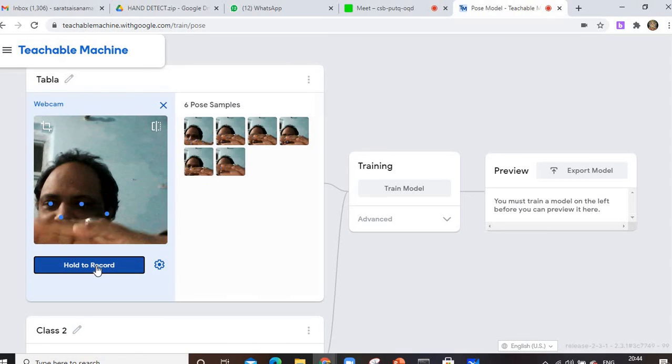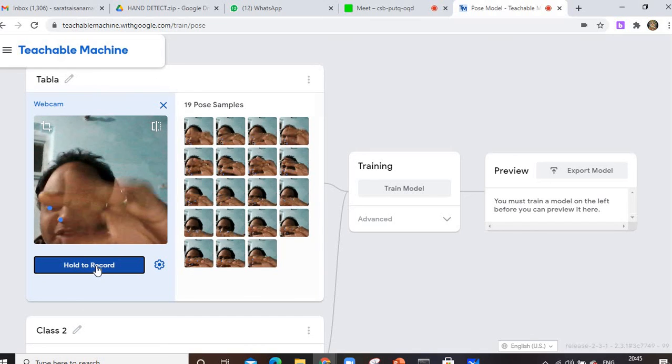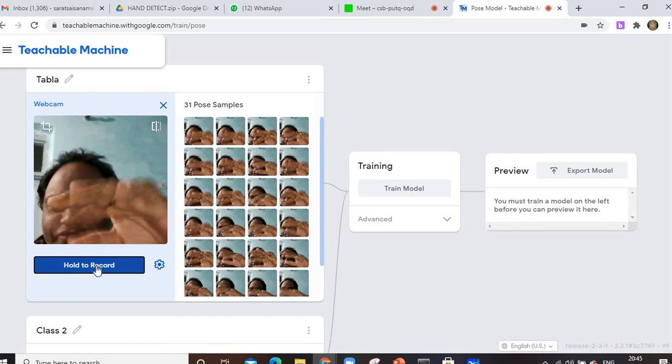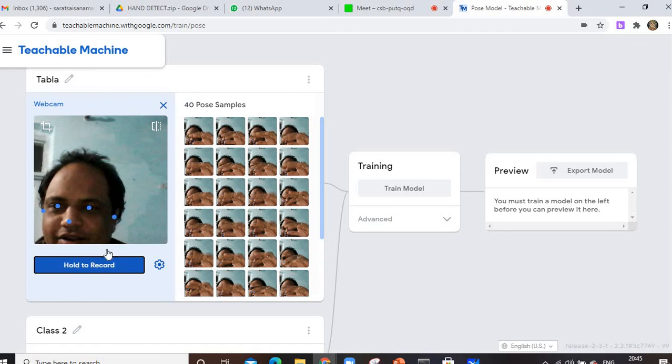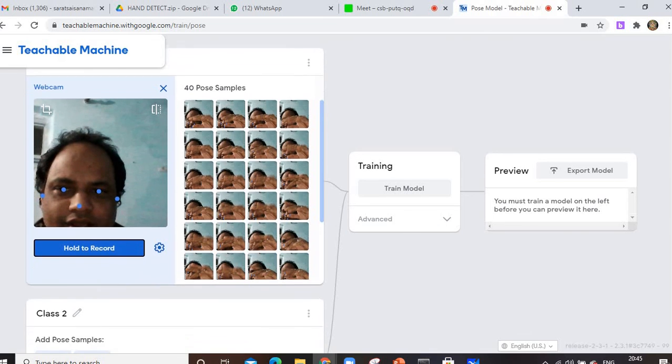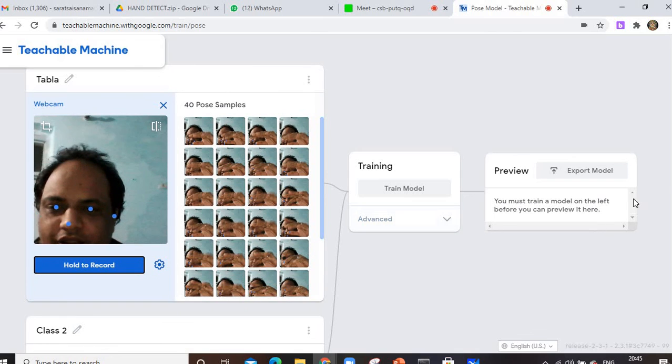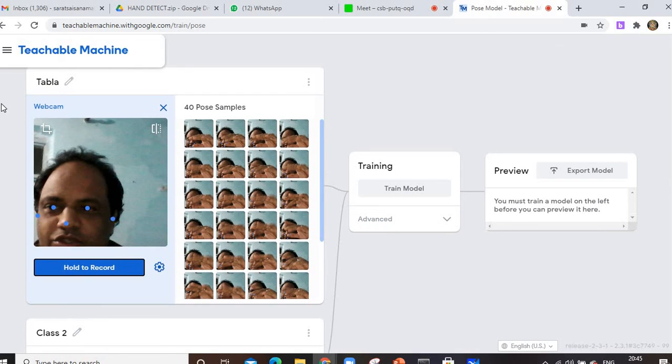Suppose I'm playing my tabla. Okay, these are the different postures. I'm playing the tabla, right? And now this category is created. Another category I'm trying to create. This is one classification problem. Now we are studying, see, this is one class I have created for the tabla. Another class I have created, for example, playing guitar.